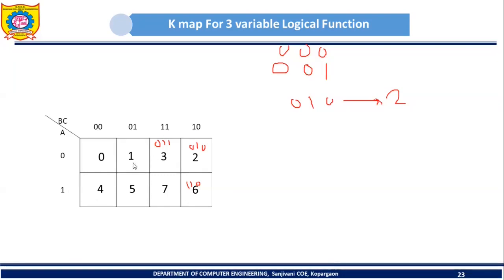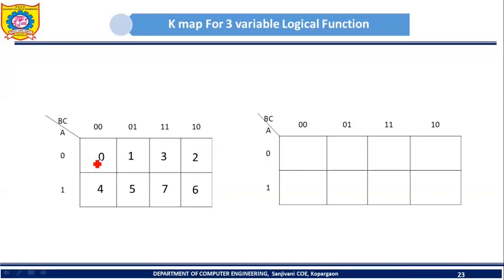Please try to understand it properly. So first cell 0, 1, then 2 is present here, then 3, then 4, 5, again take care, 6 is present here, okay, and 7 is present here. So this cell will correspond to 7. Alright, so we know that each cell present in a K-map corresponds to one minterm. Just now I have made that statement. So let's try to write those minterms here.